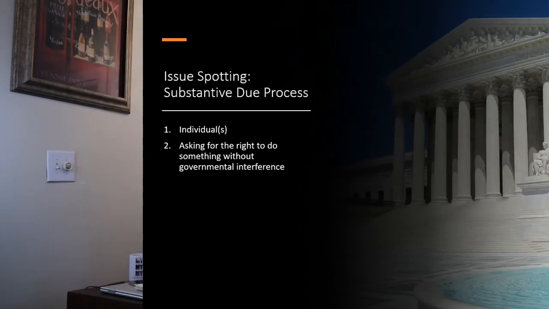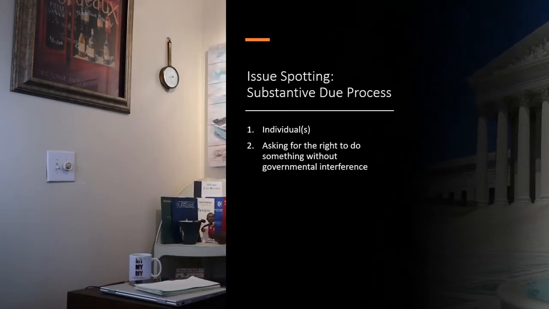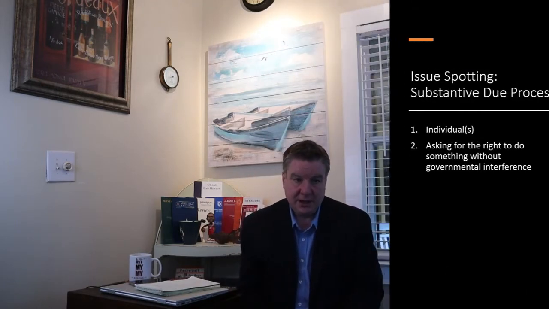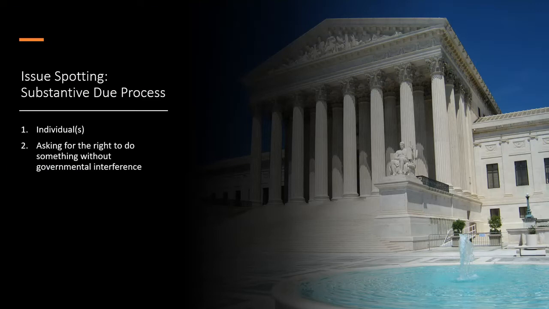I think we beat this horse to death. Substantive due process is not a groups-based or classification-based claim, it is a rights-based claim. So I have to see an individual, or, obviously, you can have the ACLU or something like that suing on behalf of individuals. But you have to see individuals, and you have to see them asking for the right to do something. And as I mentioned a second ago, usually that something has to do with personal privacy, personal space. And finally,